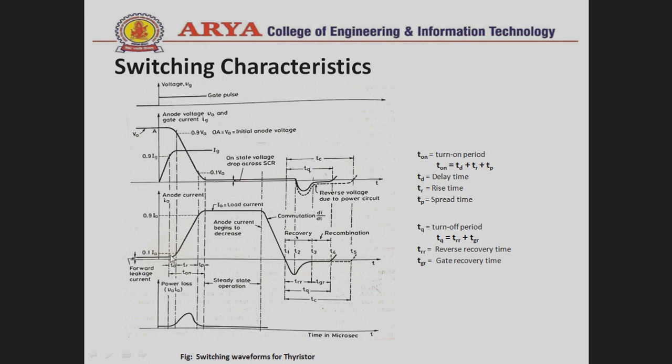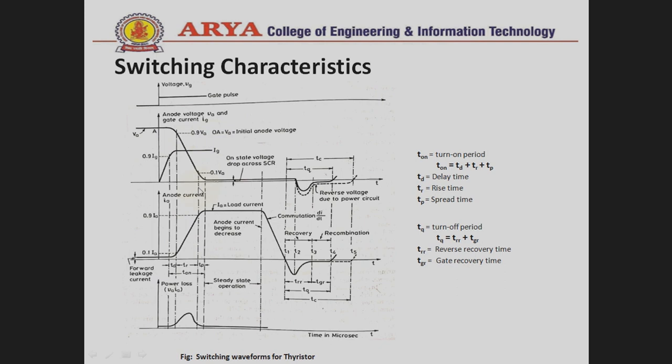TR is the rise time, where the anode voltage falls and the anode current rises: voltage goes down, and the current reaches 0.9 of its final value. And TP is the peak time period